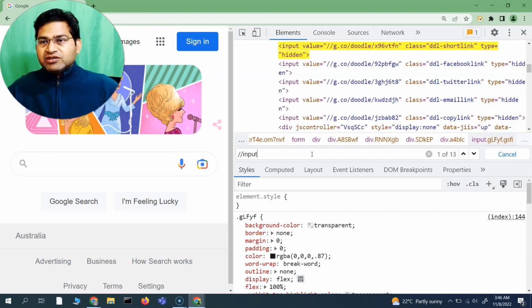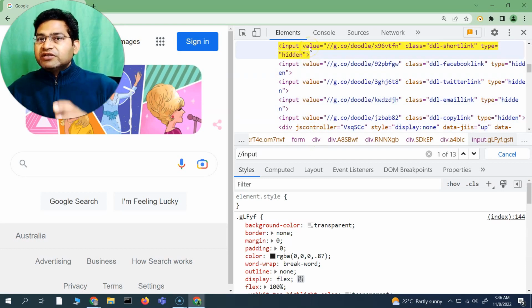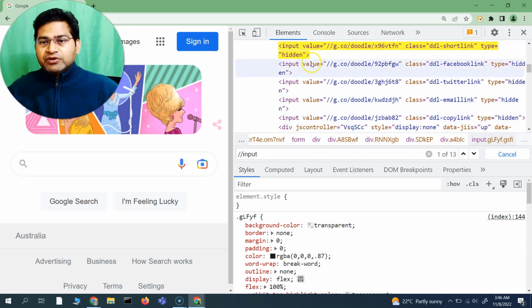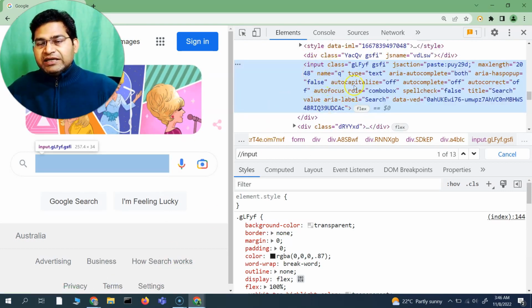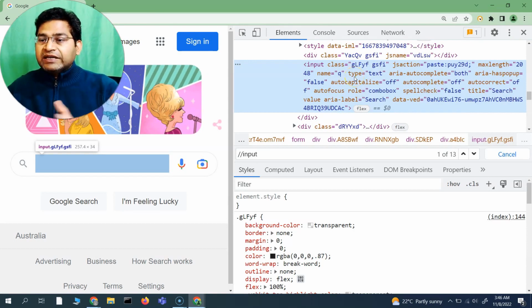Now if I have to write this XPath myself, I will simply go ahead with, say, input. As soon as I start typing input, the control will go to the first input tag that is available on this page. So I have to come back, right click on inspect again, and then it will again get me to this location here, right? It is not necessary, but I have to come here because I have to see what attributes are available,